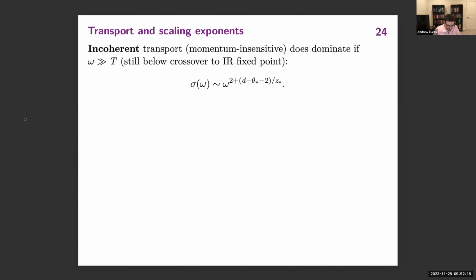Okay. So that's small frequencies. At high frequency, we can again calculate the conductivities at these IR fixed points, and we find that they have this frequency dependence. The way that the exponents show up is now a little different. This, of course, still only is the case below the IR crossover scale. So we're already in the regime where the physics is captured by the disordered fixed point, but just at high frequency compared to very low temperatures.